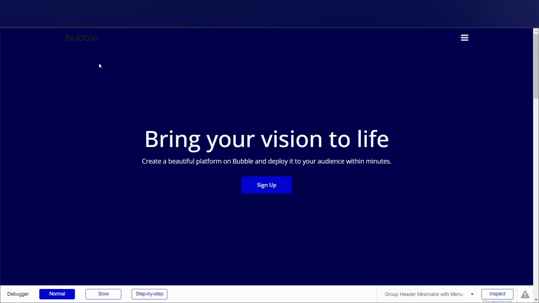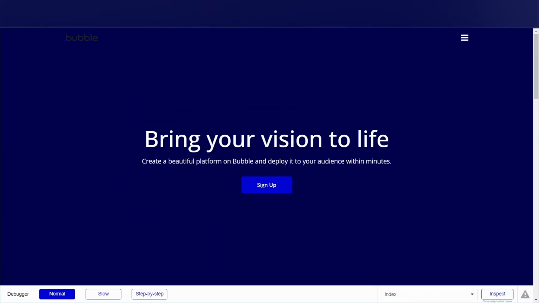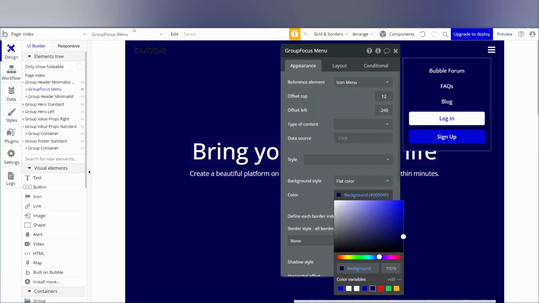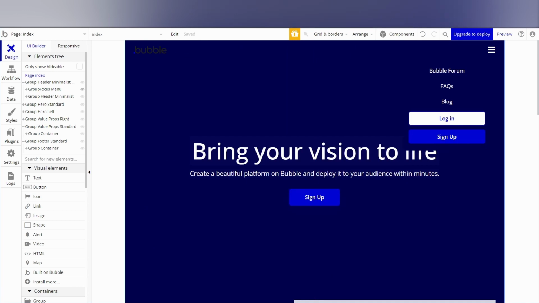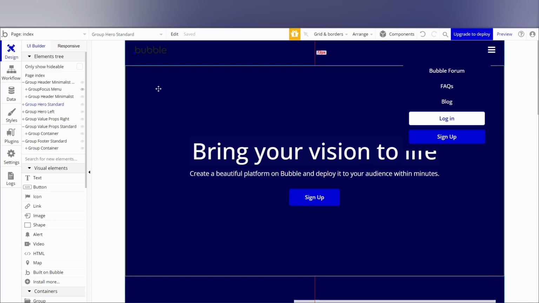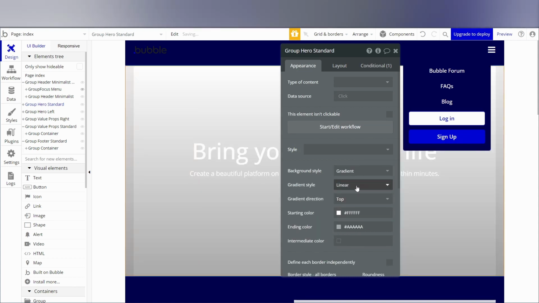And we can see that. And now let's just make it look better. We can make our border look like a nice line, and make our background the hero. Instead of a flat color, we could do a gradient from top to bottom,